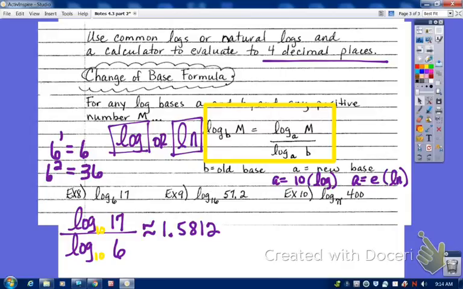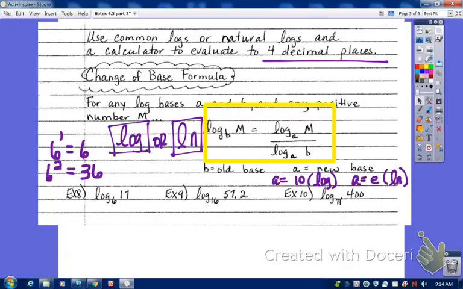Okay? So if you forget that 17 goes on the top and 6 goes on the bottom and you check your answer and it's wrong, swap the numbers. Alright. So, since you figured out what the formula meant, on number 9, you're going to do log of 57.2 over log of the old base goes on the bottom, which is 16. Log 57.2, close parentheses, divided by log 16, close parentheses. That is about